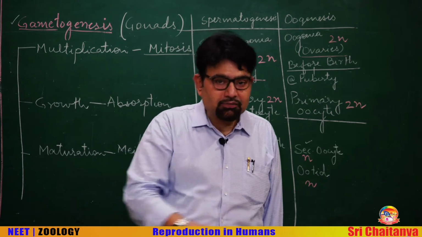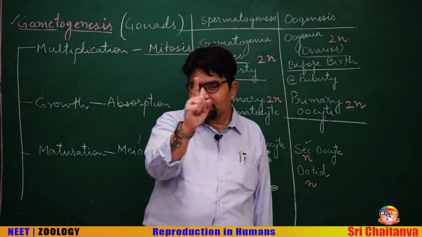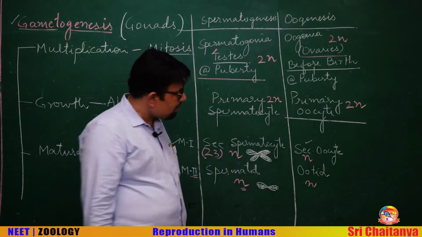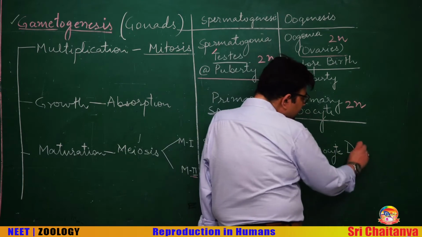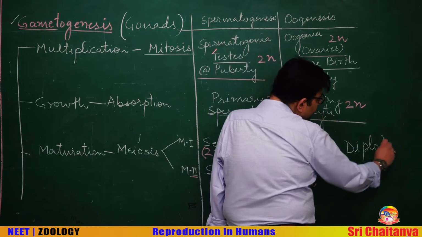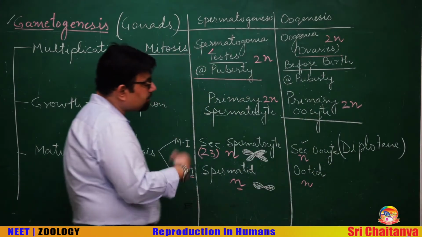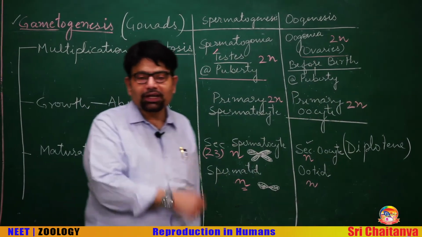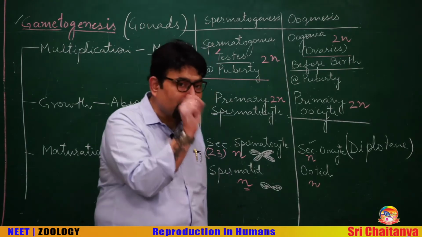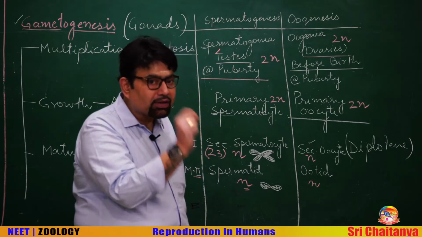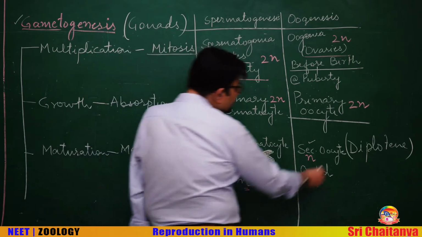Remember, in each menstrual cycle, or the monthly cycle, there is formation of one egg. It starts from the diplotene stage. So, it is arrested at the diplotene stage, and then it begins and the meiotic first division gets over. Can you please tell me what is the name given to the cell when meiosis 1 is over? Come on, what is that? Yes, it is the secondary oocyte.